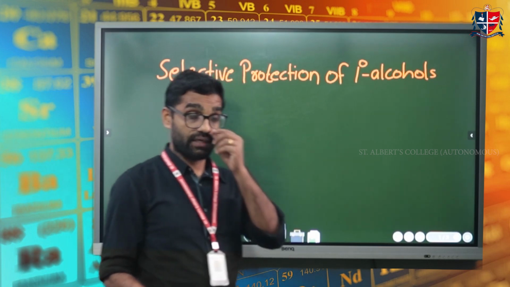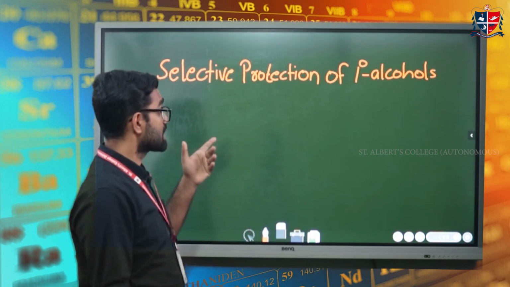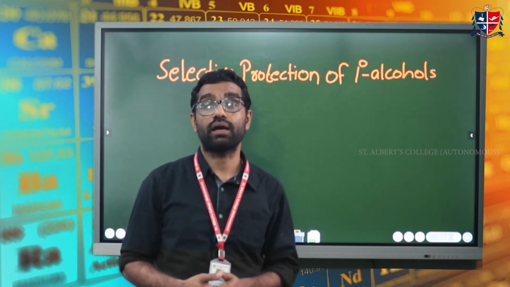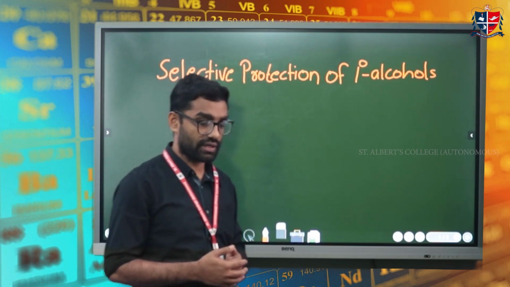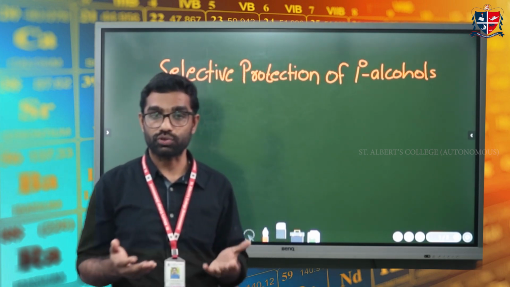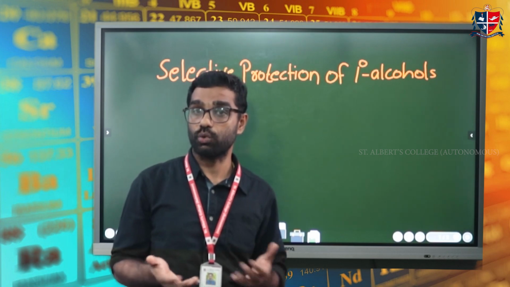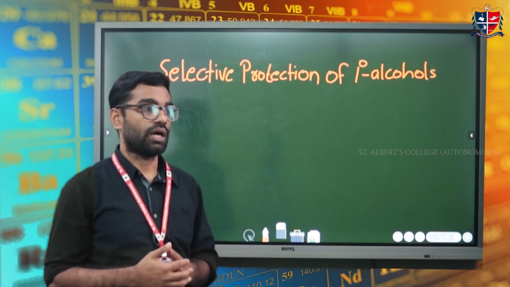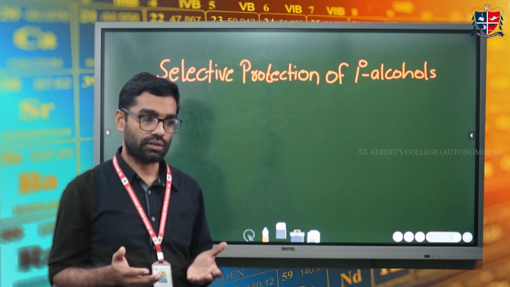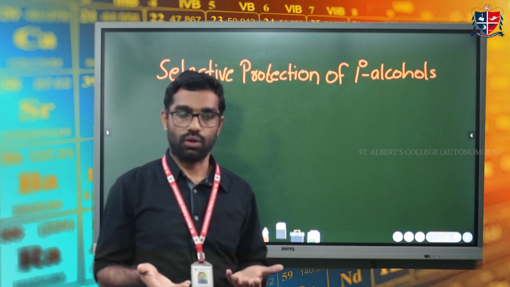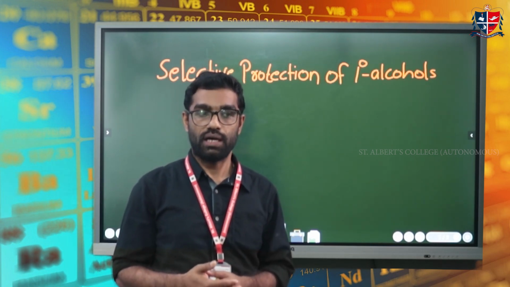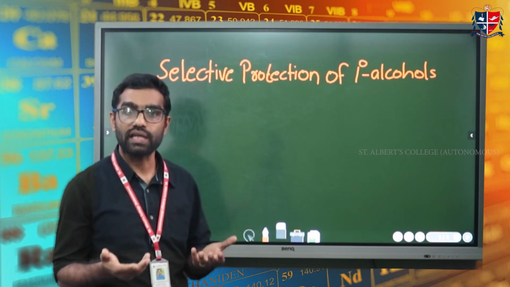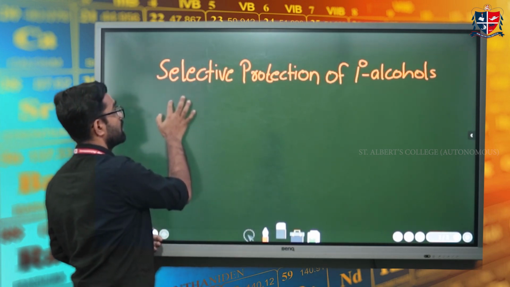Today we will learn about selective protection of primary alcohol groups. In earlier classes, we have learned about the protecting groups of alcohol functional groups, OH groups. And we know that the important protecting groups of alcohol functional groups are silyl protecting groups. And we have learned so many silyl protecting groups such as